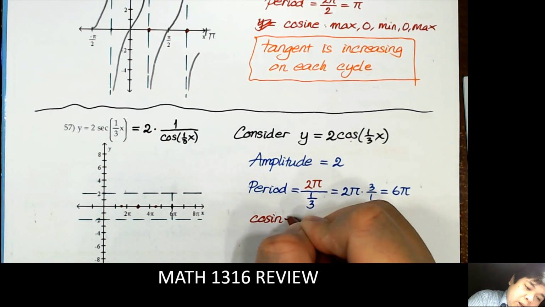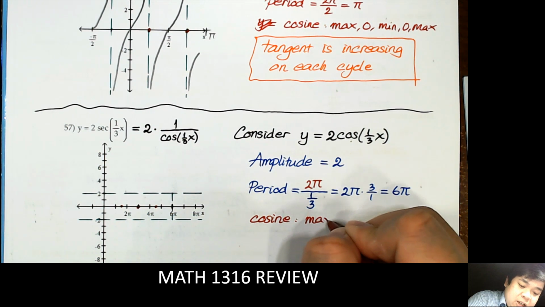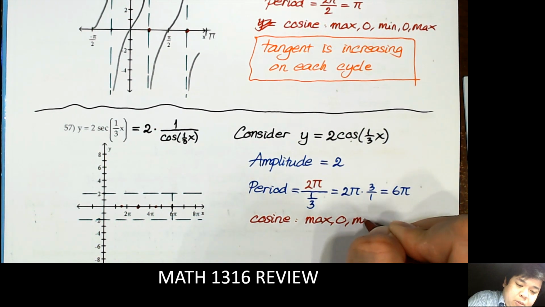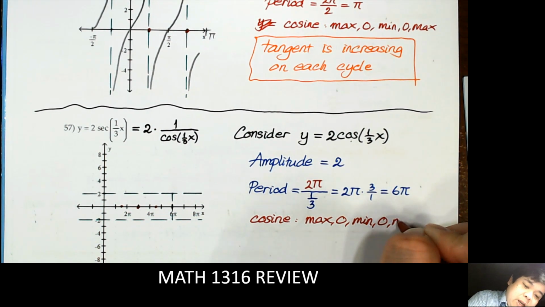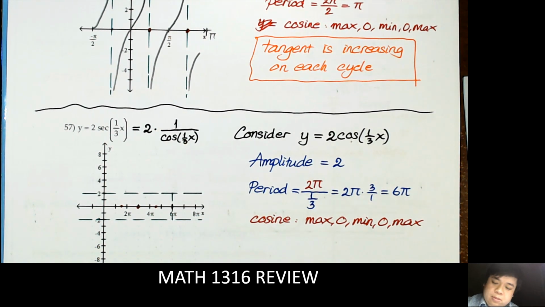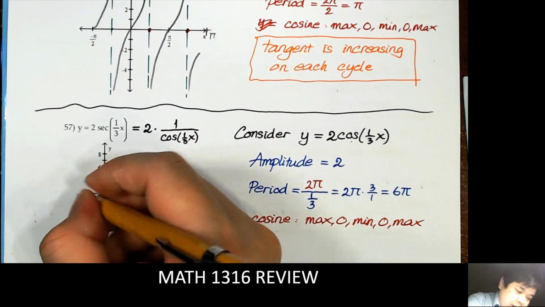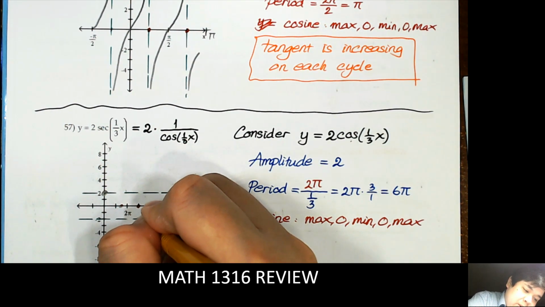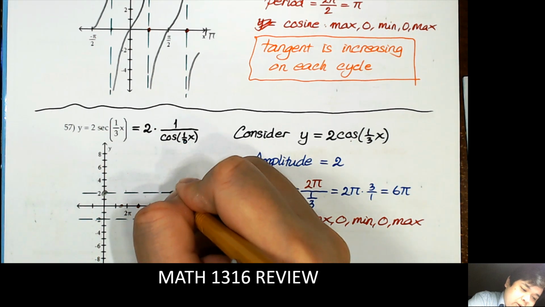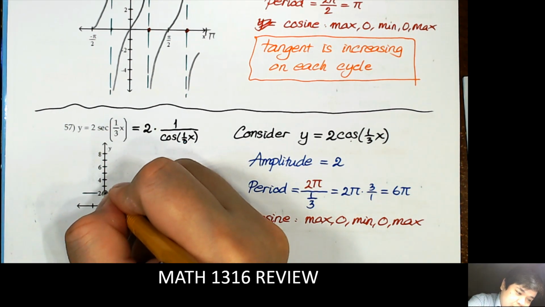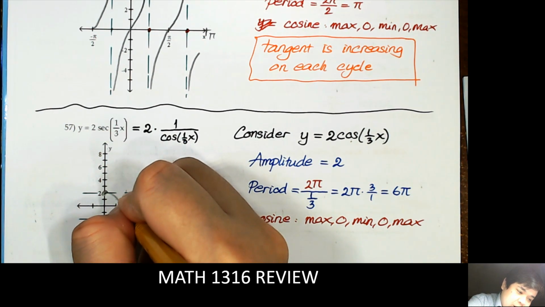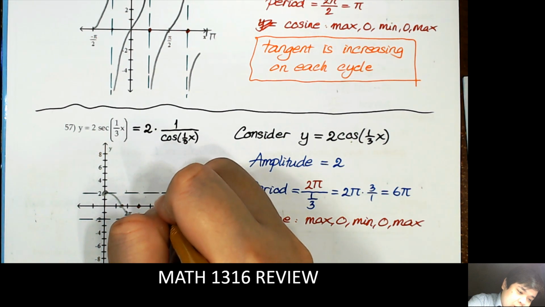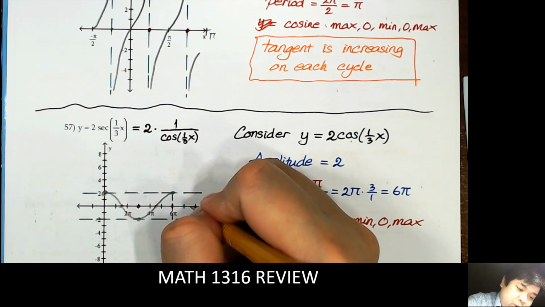For cosine, we start from max, 0, min, 0, and then back to max. So the graph of cosine is that, and then we can trace